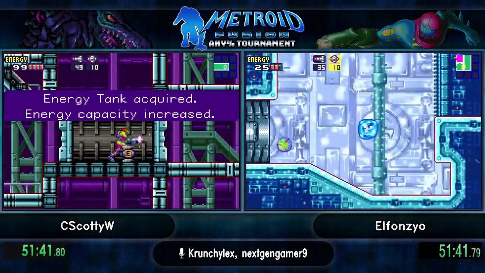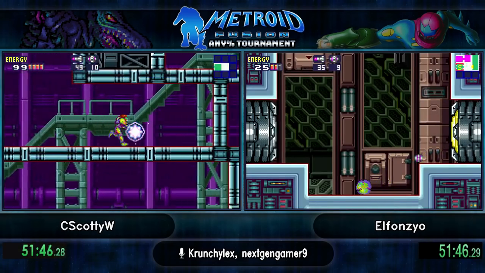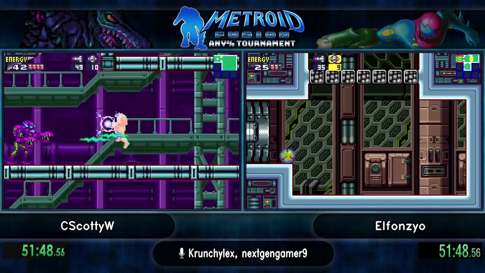It doesn't come into play too often, because I think usually the most common way to mess up that strat is to go through the door and then lose the charge before you can activate the Shine Spark, so...